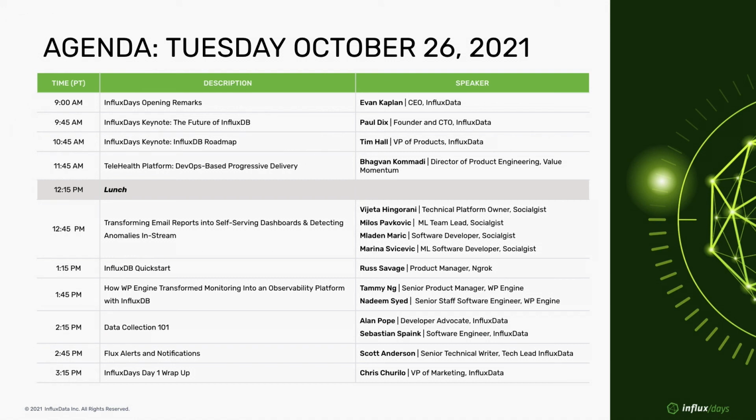And then Scott Anderson will talk about Flux alerts and notifications, so you can begin to build these systems and build your own smart intelligence into it. And then Chris, our master of ceremonies, will come and do a wrap up for day one. And then turning our attention to day two,